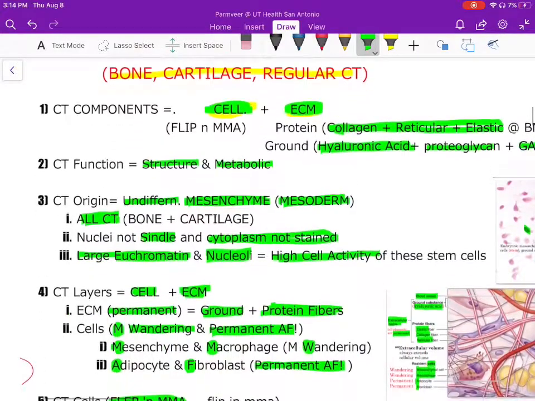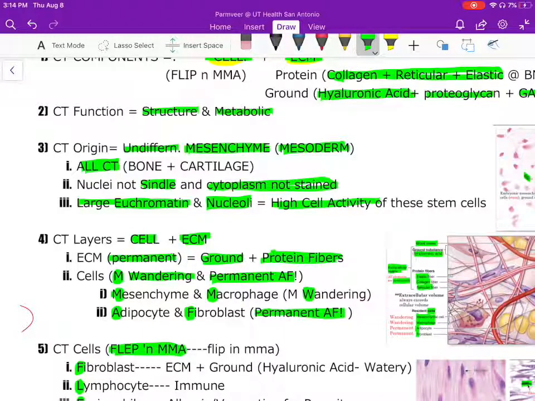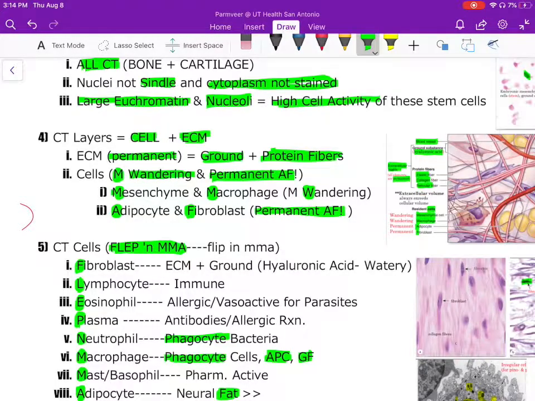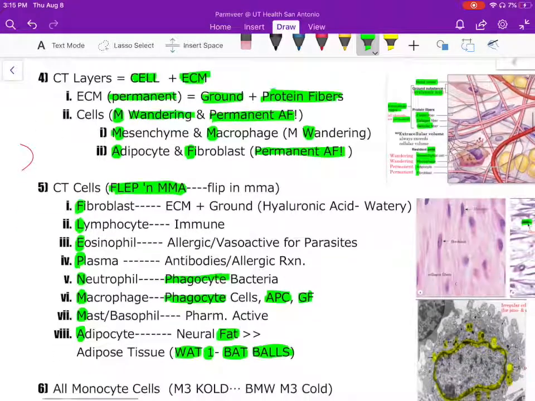Once again, recap, your connective tissue is made up of cells and extracellular matrix. The function is to provide structure and metabolic support for cells. Usually origin is from mesenchyme origin, mesoderm. The layers, once again, cells, you have wandering and permanent cells. An extracellular matrix is made up of the ground substance and the collagen, elastic, and reticular fibers. The cells are FLIP in MMA, fibroblast, lymphocyte, eosinophil, plasma, neutrophil, macrophage, mast cells, adipocytes, and